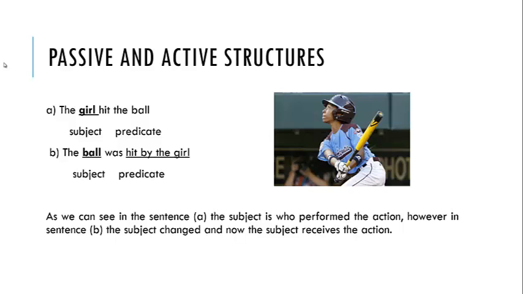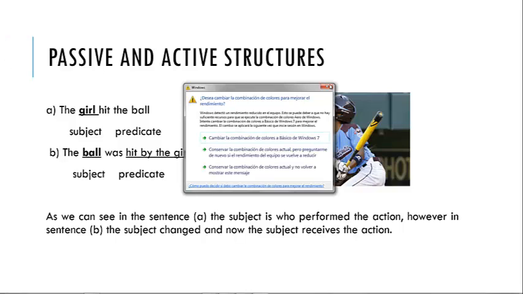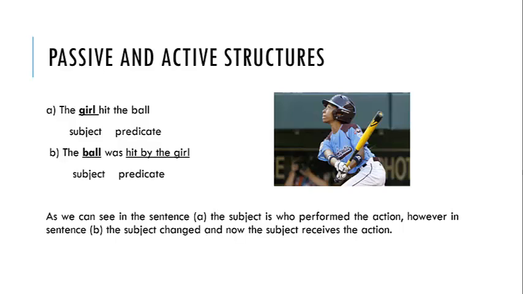So as we can see here, the order of the sentence changes when we are using passive or active voice. And the key here is that we have to notice that the subject receives the action. It doesn't mean that the subject performs the action. That's active voice, when we are talking about a subject who performs the action, for example, the girl. Because here the subject becomes the object or the people who receive the action. Okay, in the first one the subject performs, and in the second one the subject receives. In active voice the subject performs an action, and in passive voice the subject receives the action. Okay,